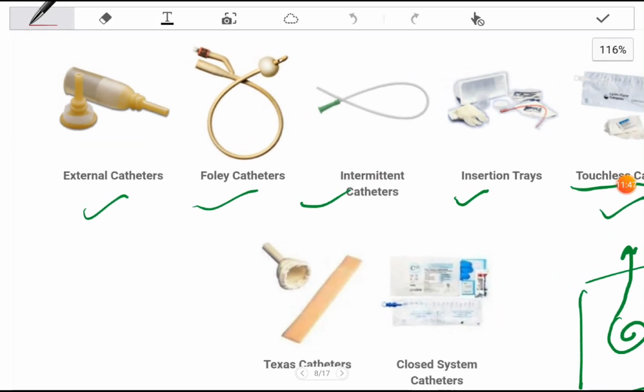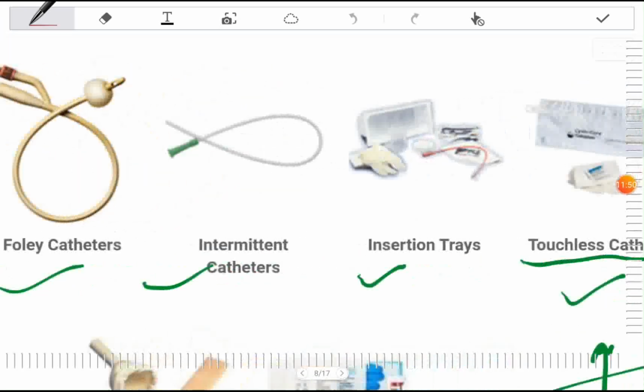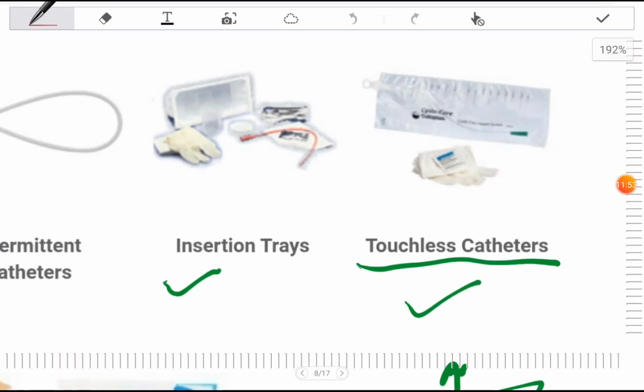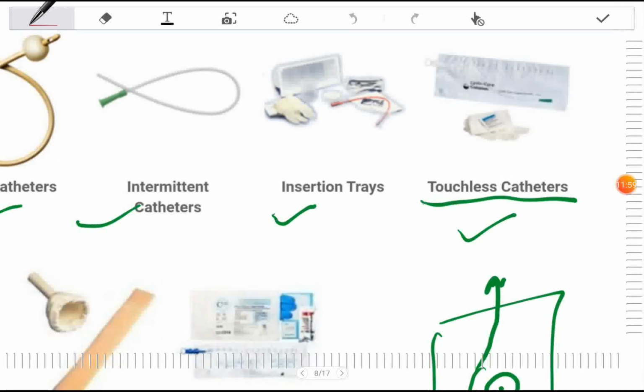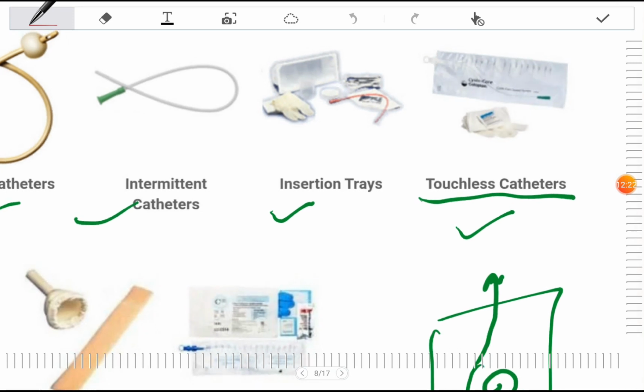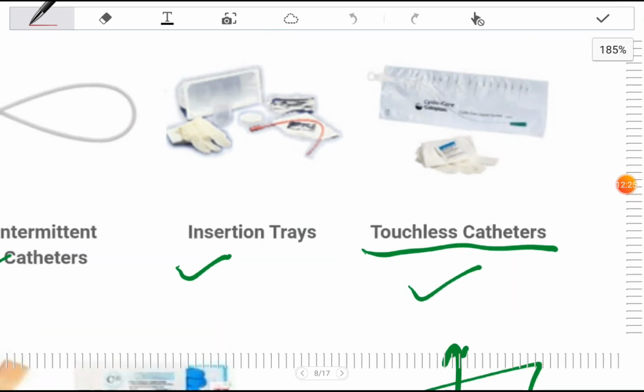So I have also collected some more types of catheters. These ones we have already discussed. Now we'll be discussing the other ones which I found. These are insertion trays. These insertion trays are the ones in which every piece of equipment required for the catheterization is available. You don't have to collect every equipment, make a tray, then send it for sterilization, etc. You just have to open this kit, and everything is available in it, even the catheter. But in some kits the catheter is not available. The rest of the equipment required for the catheterization is available.